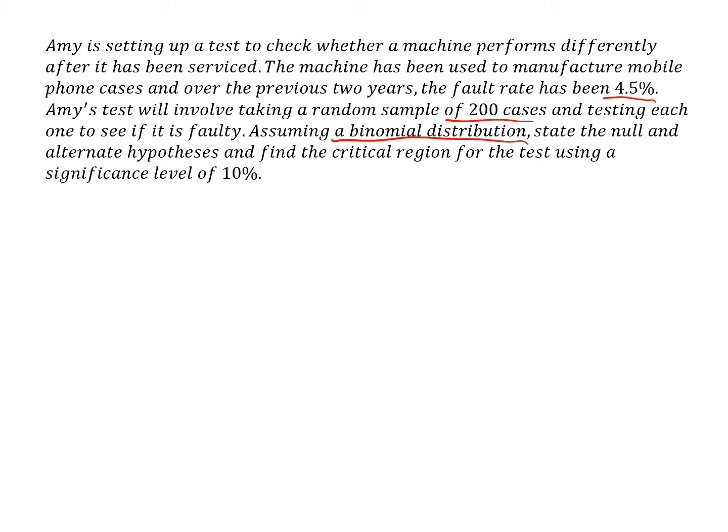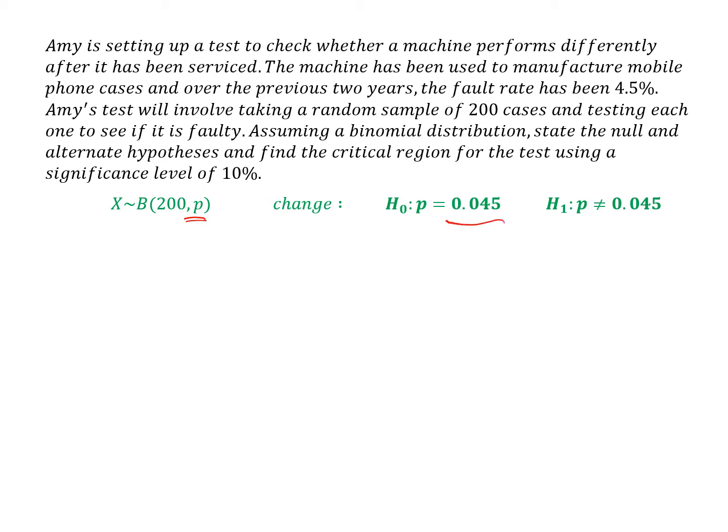So that says we're using the binomial distribution B(200, p), and for our null and alternate hypotheses, we're looking at whether the machine performs differently, whether there's been any change. So the null hypothesis is that p, the proportion, is 0.045, but the alternate hypothesis is that p is not equal to 0.045. So we're talking about a two-tailed test, and because we're using a significance level of 10%, we've got 5%